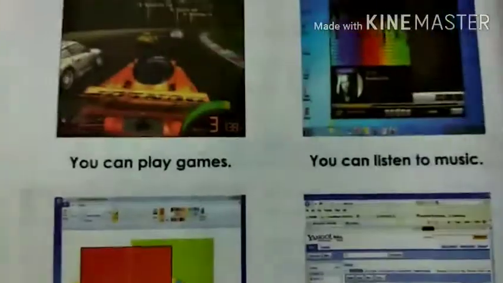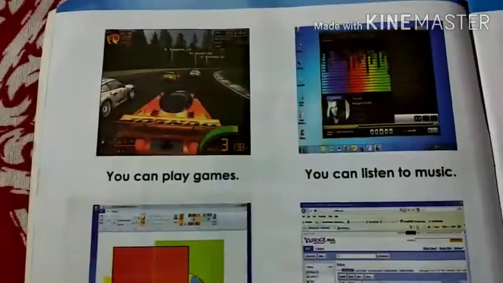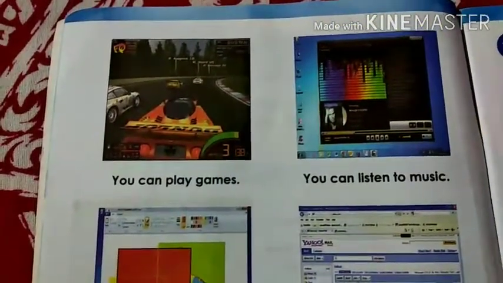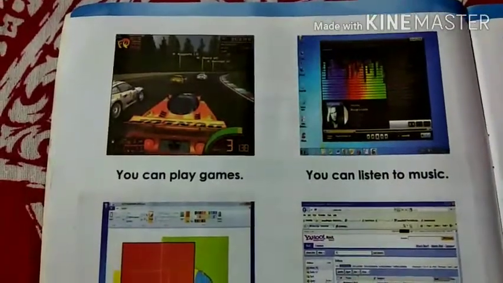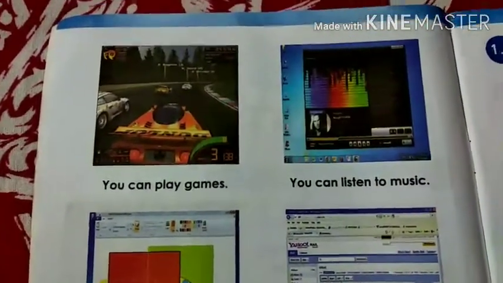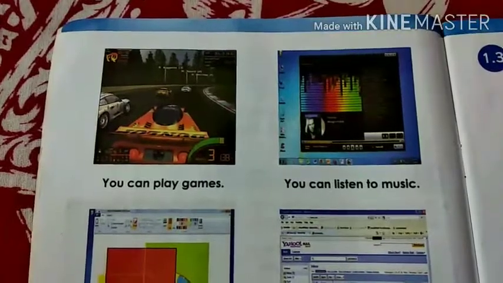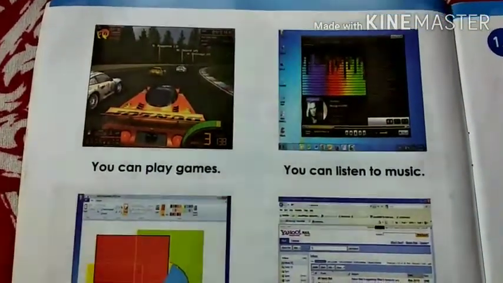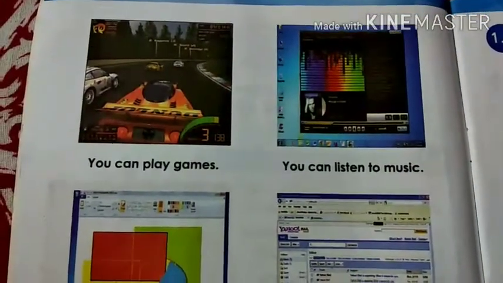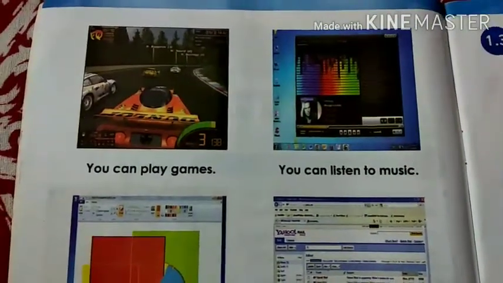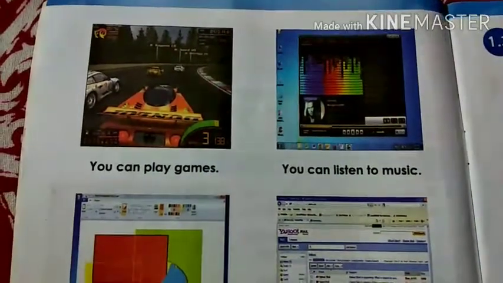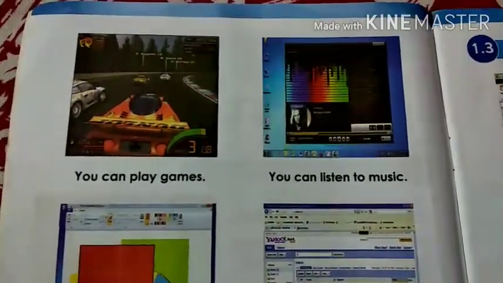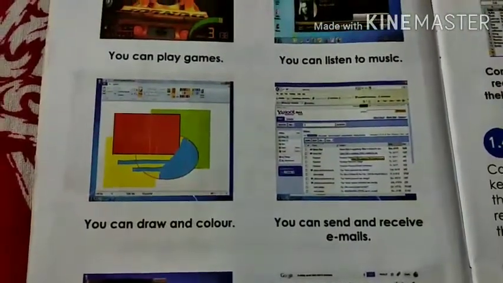Now turn your page to page number 6. The next use of computer is that you can play games at home on computers. You can play video games. Next, you can listen to music, and for listening to music you need to plug speakers into the computer. Next we have draw and color.